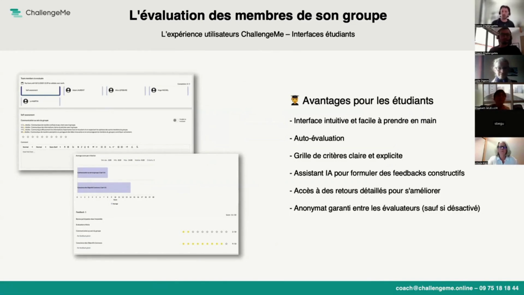When you click on it, below you'll see all the evaluation criteria, with each criterion displayed along with its description, its evaluation method, and so on. You'll see it's quite simple to set up, but for the student, it's very clear, quite intuitive, and easy to use. And then, to evaluate their peers, the list of classmates will be displayed directly. He will be able to click on each of his classmates to evaluate them in the same way he did his self-assessment. He can assess his peers and directly see the criteria with the rubric, which, as mentioned, is clear